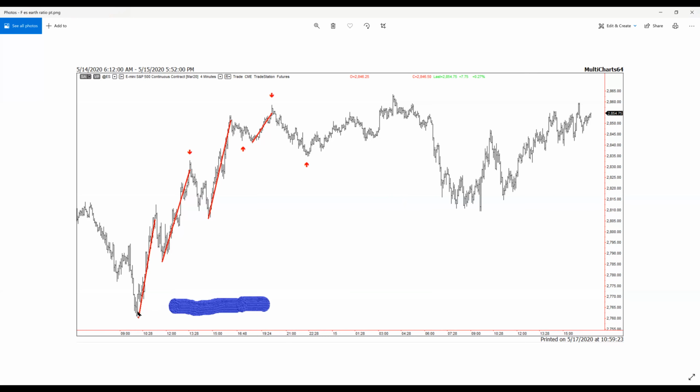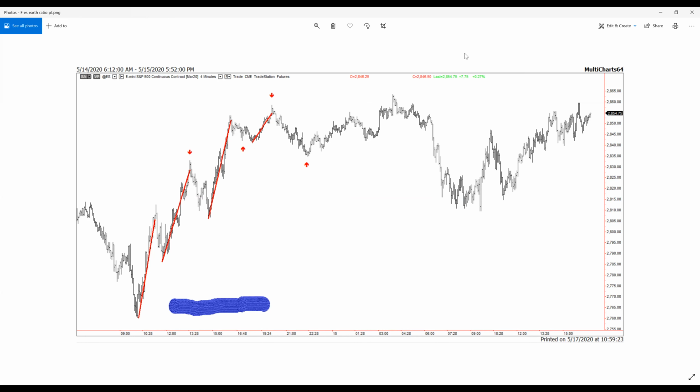So the first swing up off the low projects to this orange arrow, which gives us this high. Measuring the second swing up, marked by the second orange trend line, gives us a projection over here to the second arrow, which is this minor low. The third swing up gives us a projection to this high, marked by this arrow. And then the last swing up to this high projects and gives us this low over here.